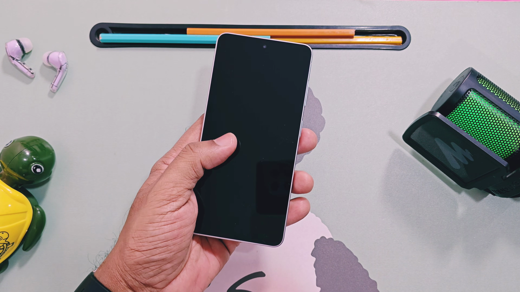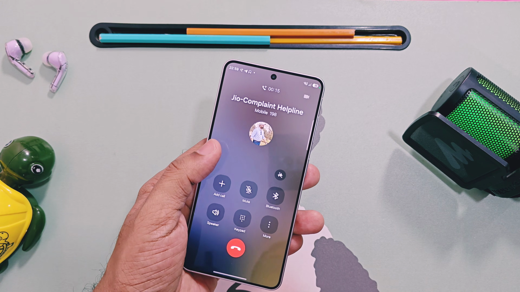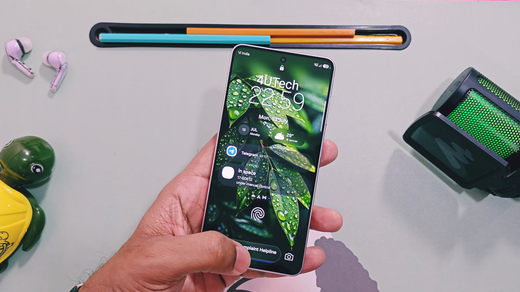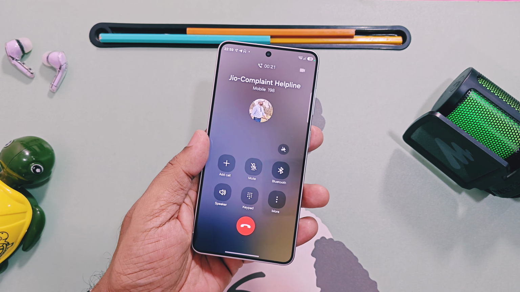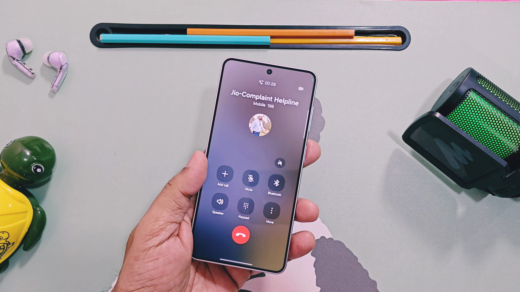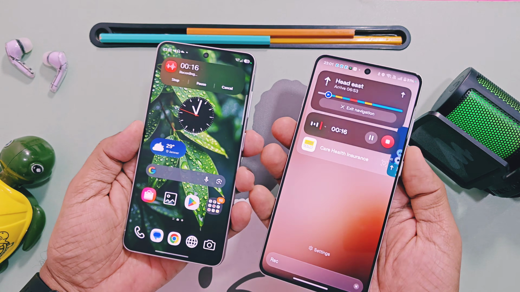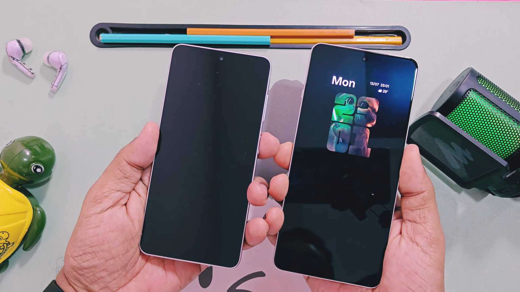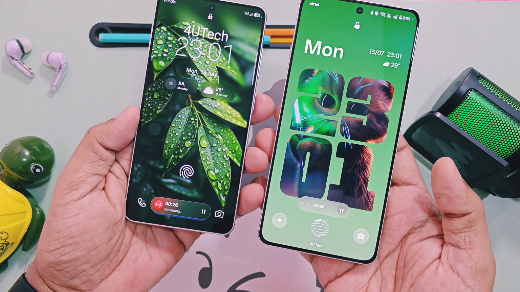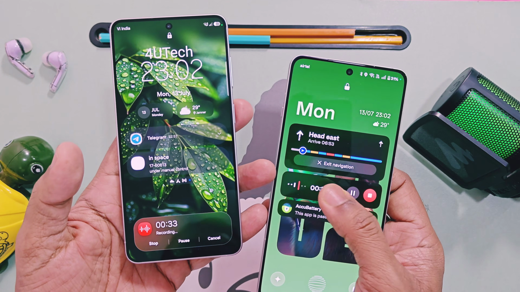However, OnePlus requires you to tap the call banner to expand the control, while Samsung opens the full screen call interface with a single tap. Personally, I think Samsung's approach is more convenient. Similarly, both operating systems let you control the sound recording directly from the lock screen through the Navbar and Live Space. However, it would be even better if both Samsung and OnePlus introduced a dedicated full screen control panel for